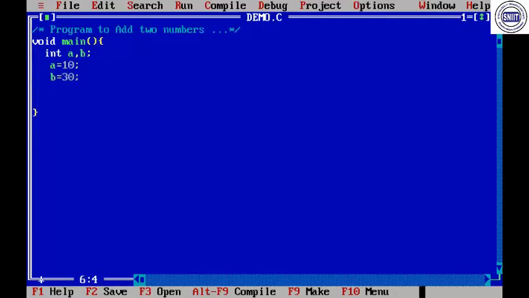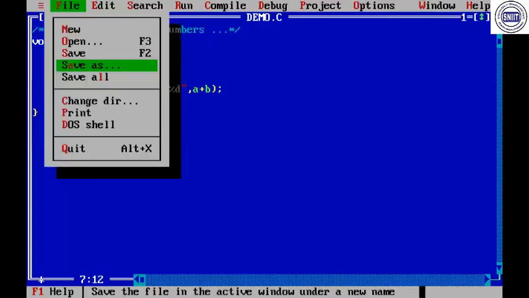Now here I'm trying to print the sum of these: printf sum is %d, and a plus b I'm giving like this. This is a small program.